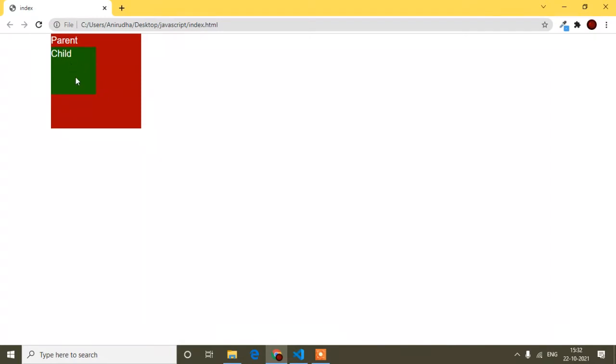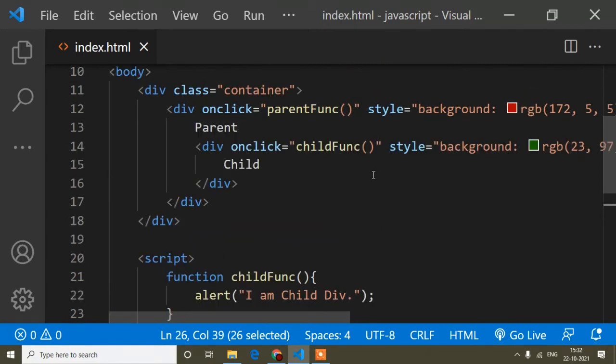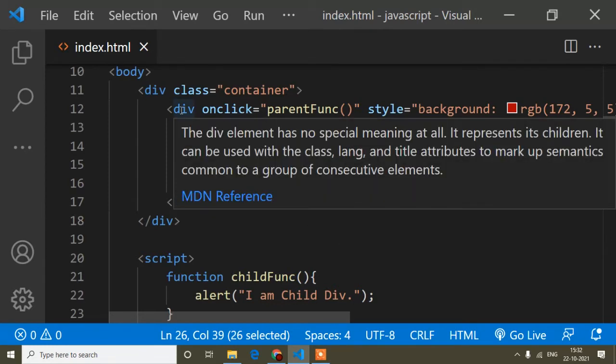I mean this child event I have written inside this child div, so that event is propagated to the parent div also. If you have knowledge about closure, then I think you can understand how it is, or I mean what closure is.